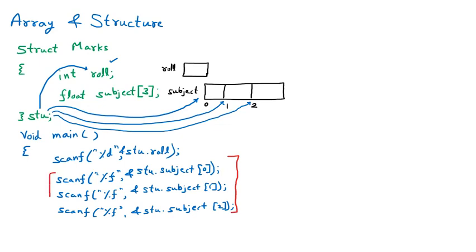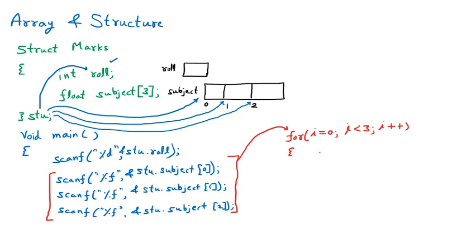And instead of using this part, we will simply write for I is equal to 0, I less than 3. We can also write I less than or equal to 2, both are the same thing, and I plus plus. Yes, we have to declare the I before doing this.